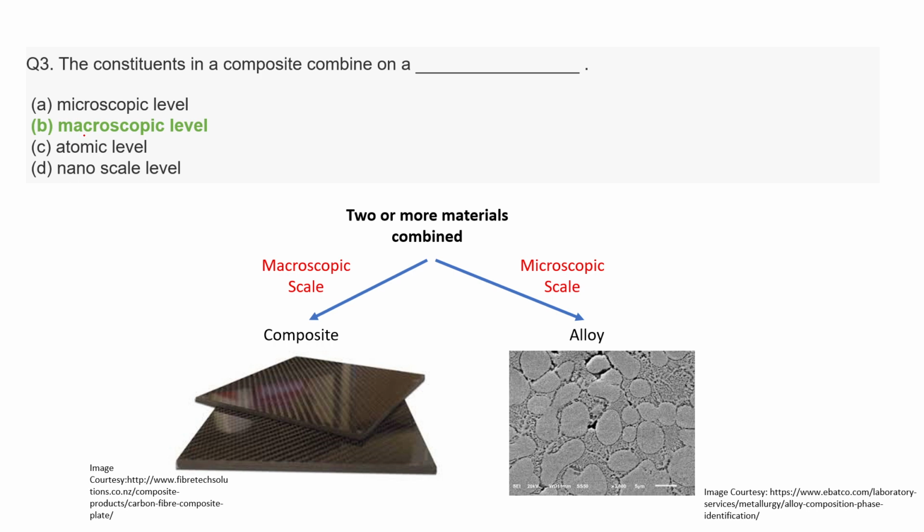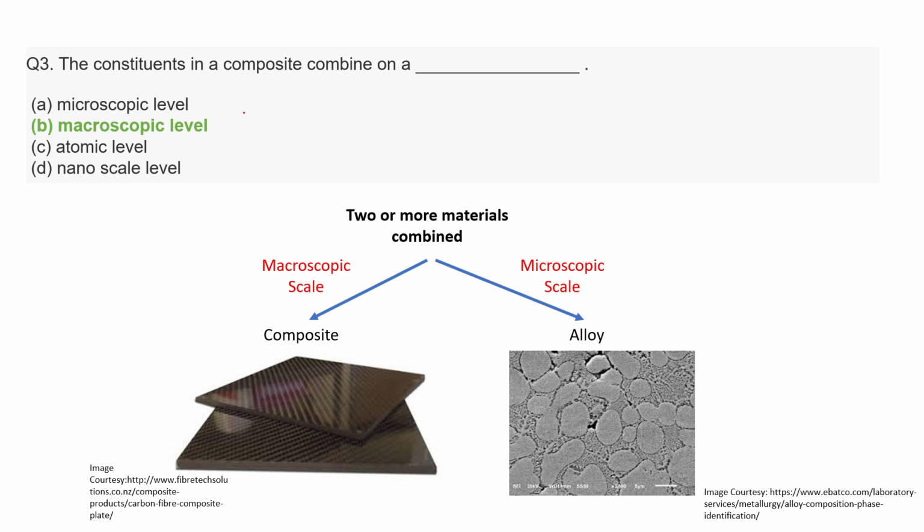But still, it will be called part of that matrix and not a matrix plus a reinforcement. That's why when we talk about fillers and additives, they are not termed as reinforcement, but they are just one of the constituents of the composite which enhances its property. So the answer of this question, that the constituents in a composite combine on a